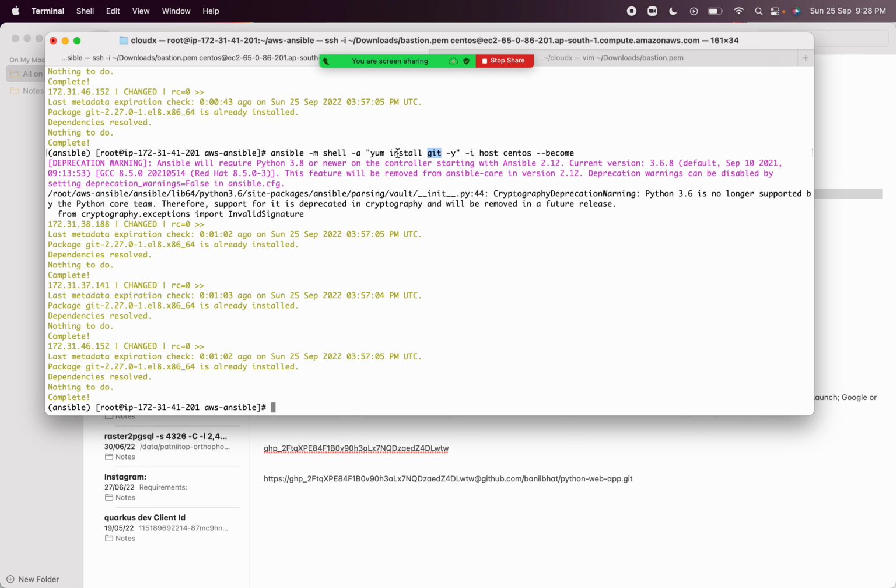No, no, Git is not available as part of a utility to Ansible. So imagine that you are